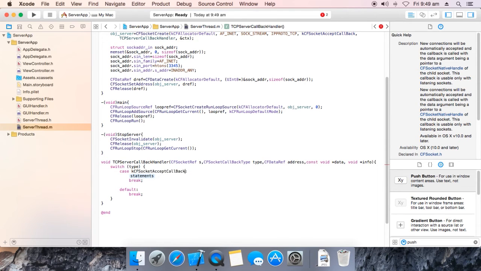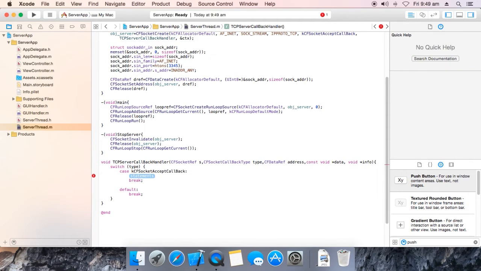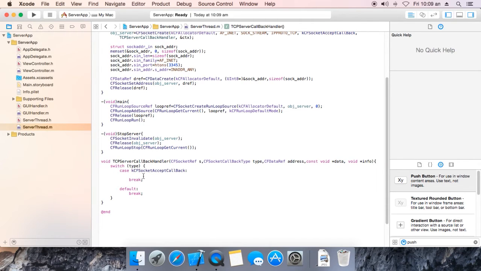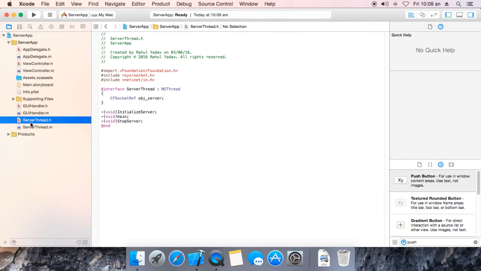And the statement is we need to define a class to handle incoming socket connections. So for that, now we are going to define a class,